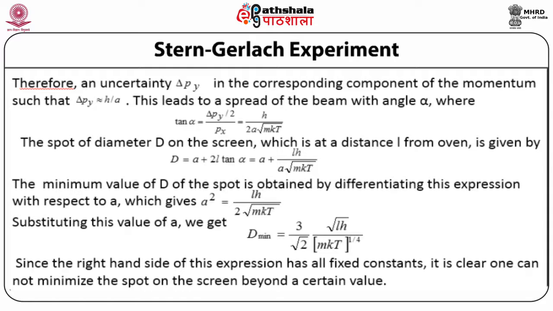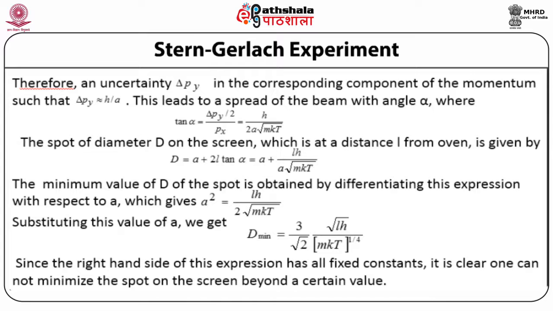When we differentiate, we get a square is equal to LH upon 2 into under root mkt. From this expression, if we substitute the value of a, we get D minimum is equal to